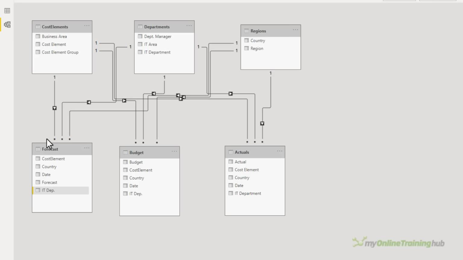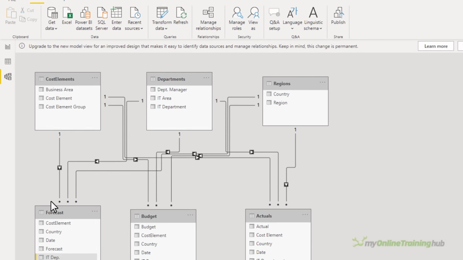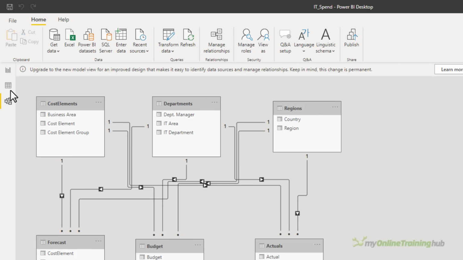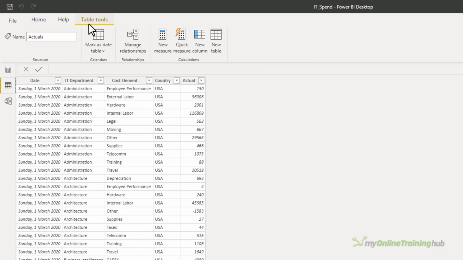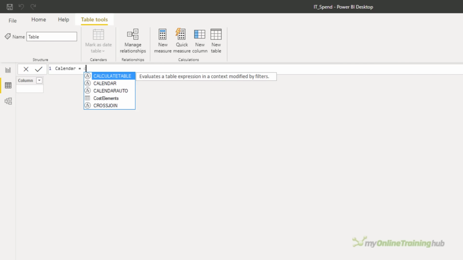Now I can create this table in Power Query, or in Power BI I can use the Calendar or CalendarAuto DAX functions. By the way, these functions aren't available in Power Pivot in Excel. So to create a table from a function, I'm going to go to the Data view, and then on the Table Tools tab, I can choose New Table. Here I just need to give my table a name, which will be Calendar, and I'm going to use the